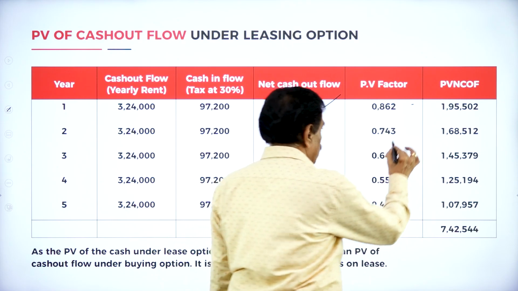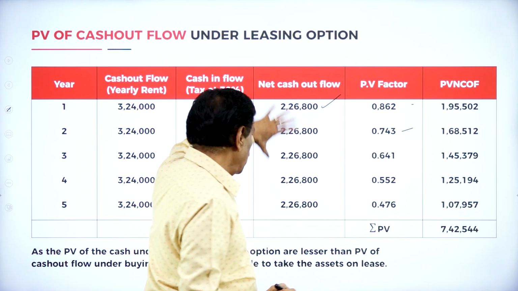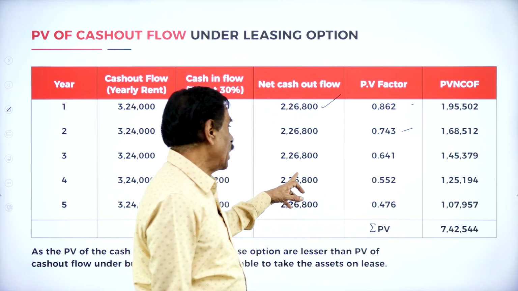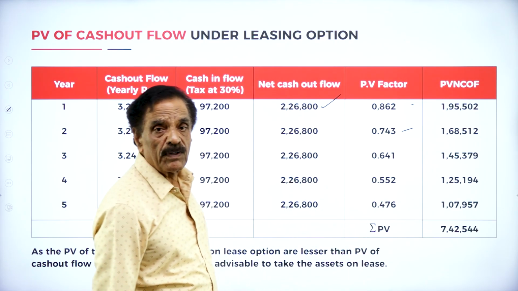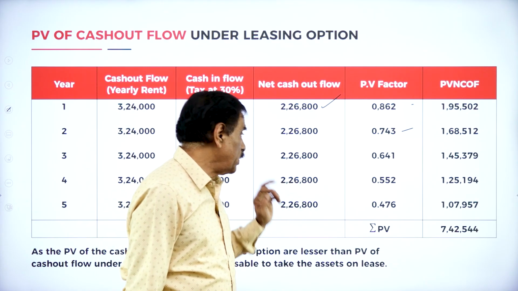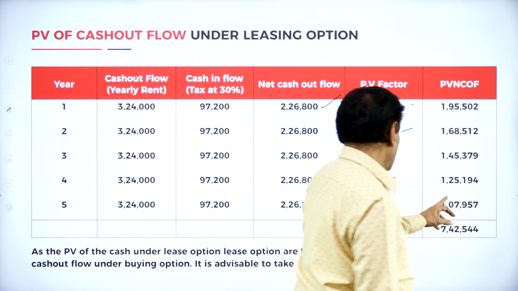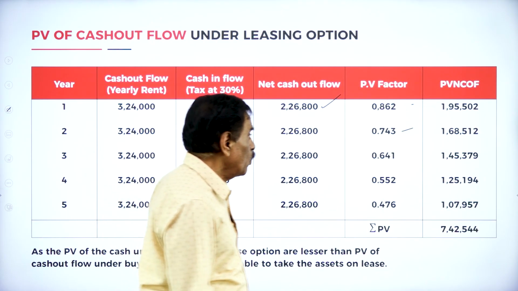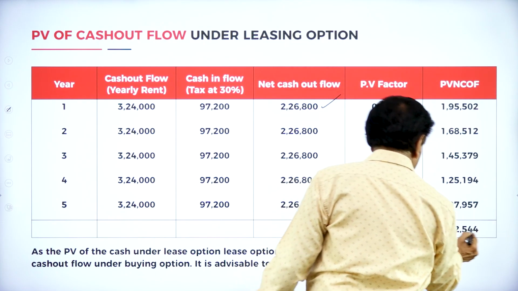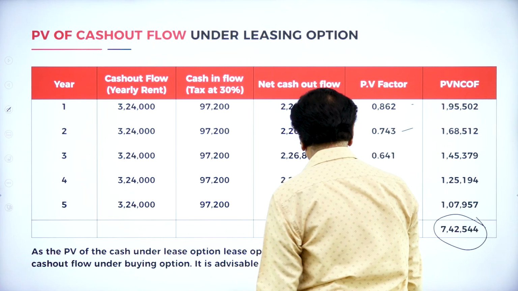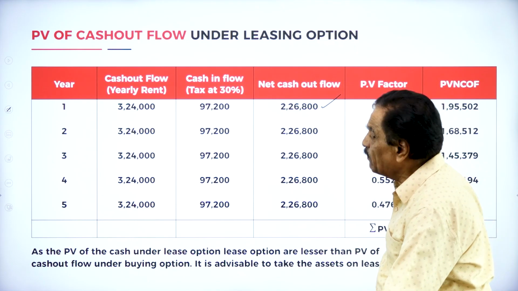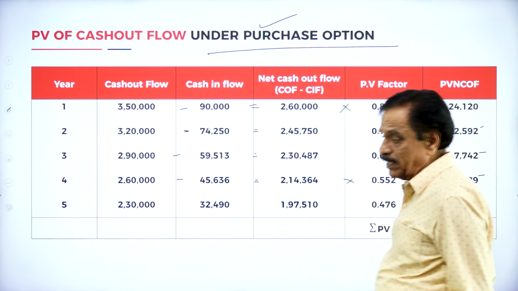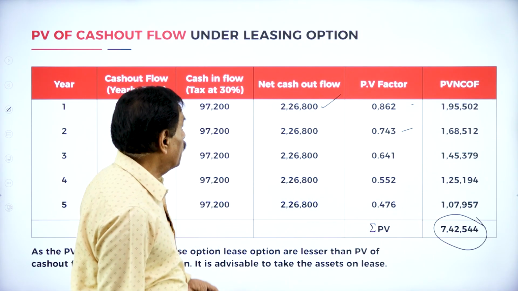3,24,097 deduct. It is common. Every year, 0.73, it will come 1,68,512. 2,20,641. 1,45,379. 2,26,800, 0.552. 1,25,194. 2,26,800 it will come. So as per the lease option, it will come 7,42,544. If you see in your purchase option, it is 7,66,798. As per lease option, it is